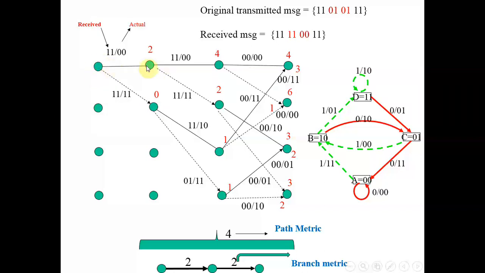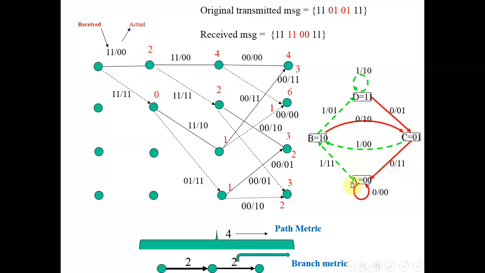So if I go from A to A, see, the left hand side is received and the right hand side is actual. Actual in the sense, if I go from A to A, what output I expect. That is the meaning of this actual. So if I go from A to A, you refer to the state diagram. If you remain in A, your expected output is 0, 0. And what you are receiving is 1, 1. So how many bits do we have as a difference? We have a difference of 2 bits. So if I take the A to A path, my total difference or my total error at this point is 2 bits. So we write 2 here.